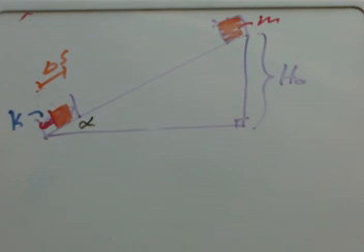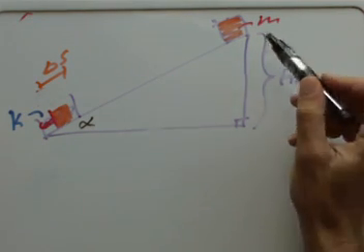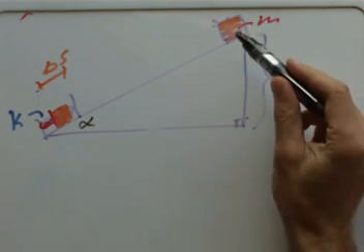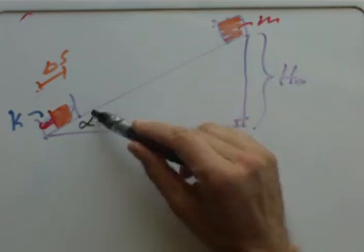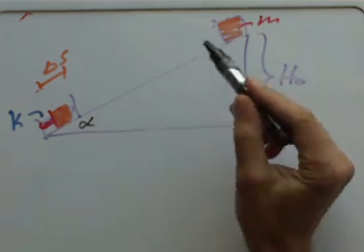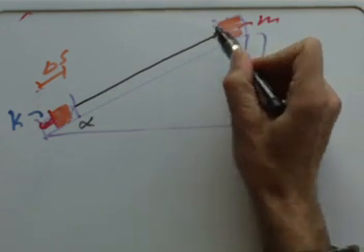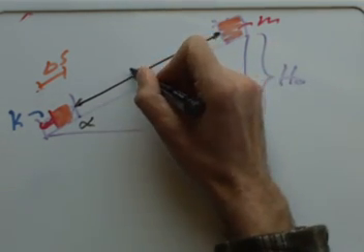Here's a conservation of energy problem that involves the following. There's a mass here, which is a height h naught above the ground. It's going to be released, and this is all frictionless. It's going to slide down this incline. And it turns out that the mass at the top is some distance, we'll call it capital